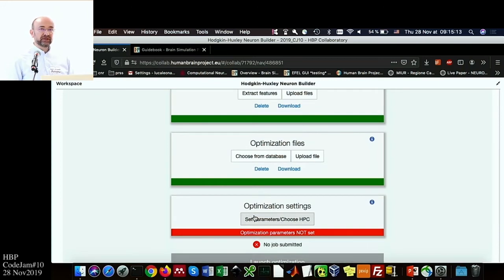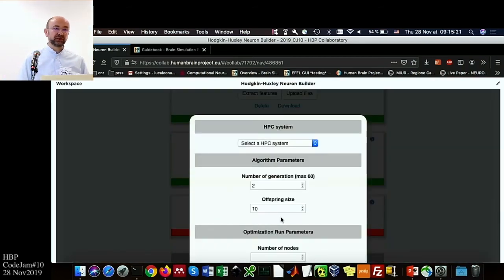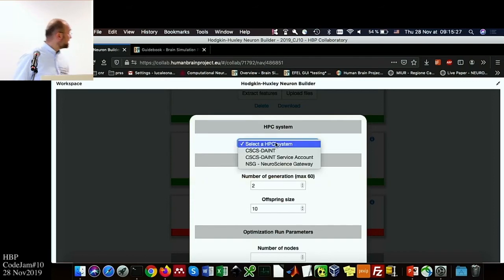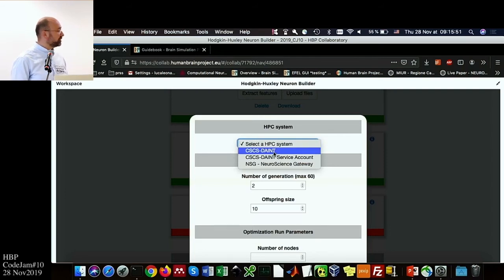Okay, so now I have basically everything that I need to submit my optimization job, and now I have to select the HPC system that I want the job to run in. I click here, and basically I have 3 choices. So 2 choices are for people who already have credentials on HPC systems. These are CSCS Daint and the Neuroscience Gateway platform. So I have username and password on Neuroscience Gateway. I belong to a project on CSCS Daint. So when I select one of them, I can just submit my job